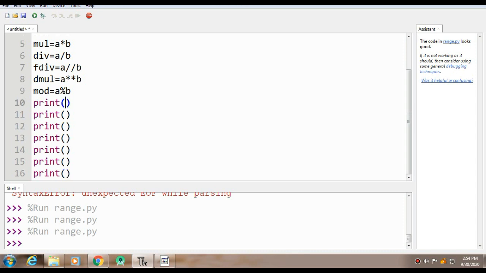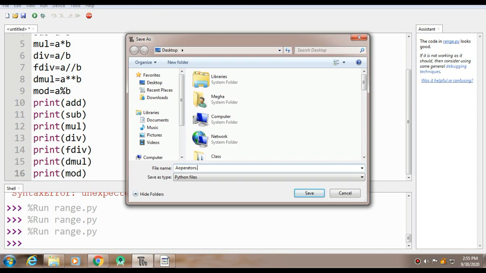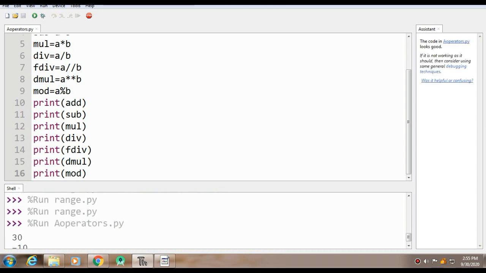So here first of all we'll print the value of add, then the value of sub, then the value of multiply, then the value of div, then fdiv, then the double multiply, and at last we'll print the value of mod. Then we'll save the program as operators.py, as that is the extension. As we execute it, you can see these will be the answers that you will get.